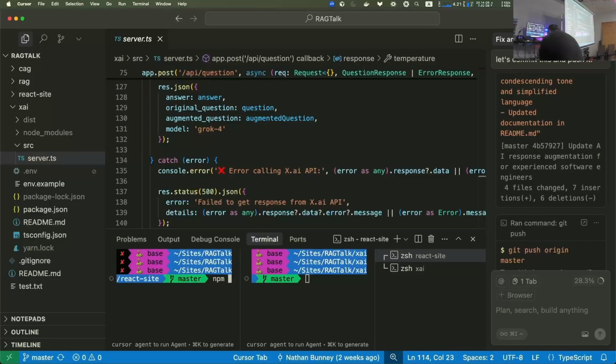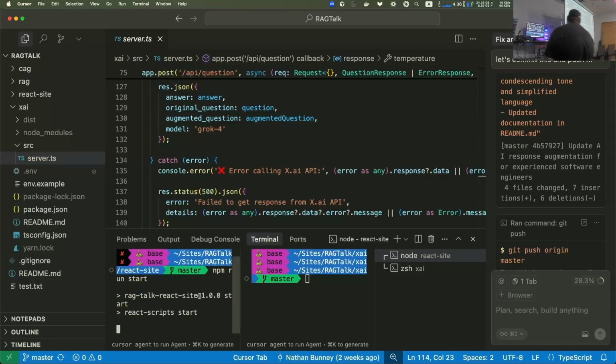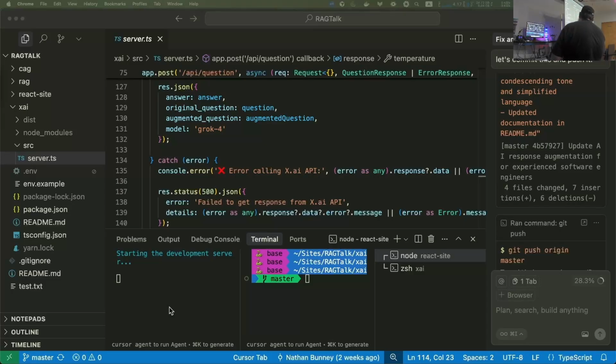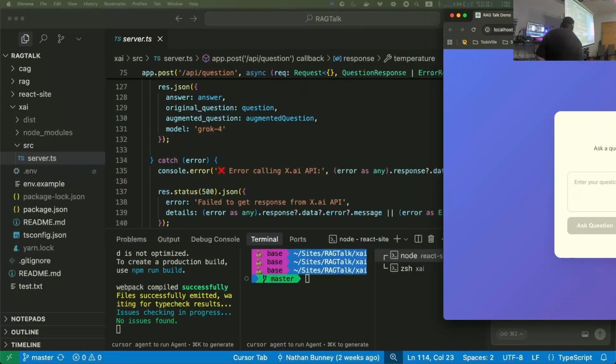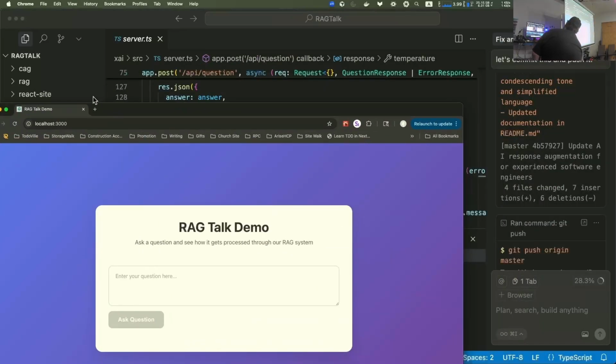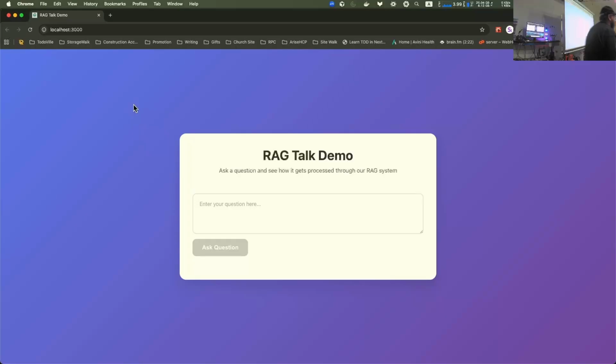I'm going to fire this up. Okay, so this is what it's going to look like. It's a little front end that needs a back end. So what we're going to do is use the same front end for all of the requests, and then we'll just change the back end that's running underneath.